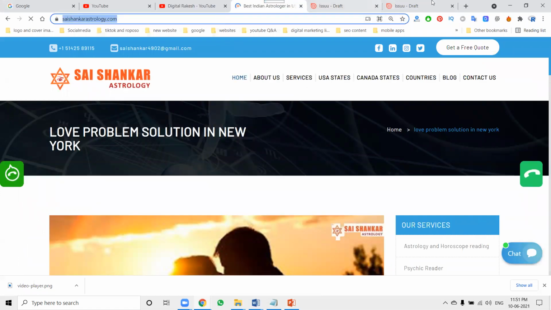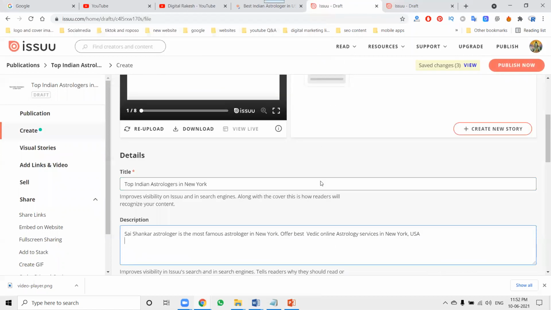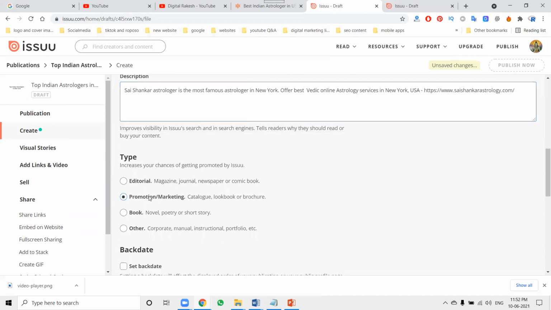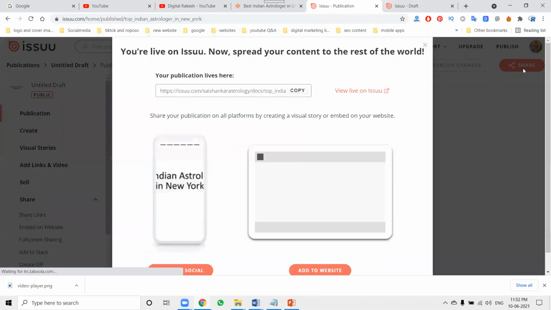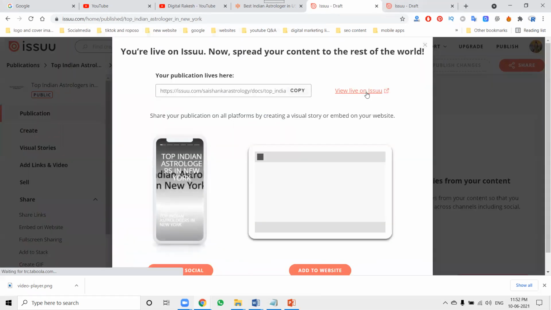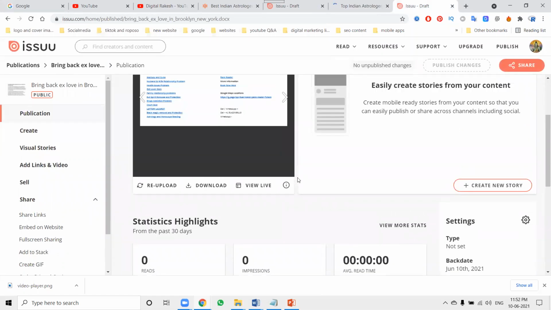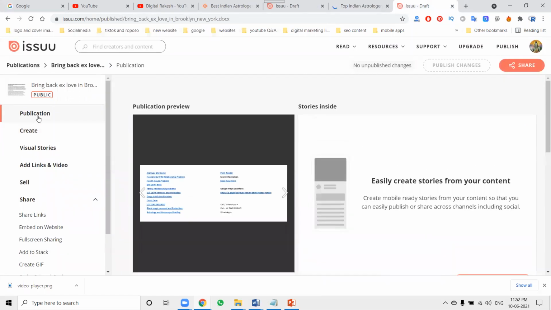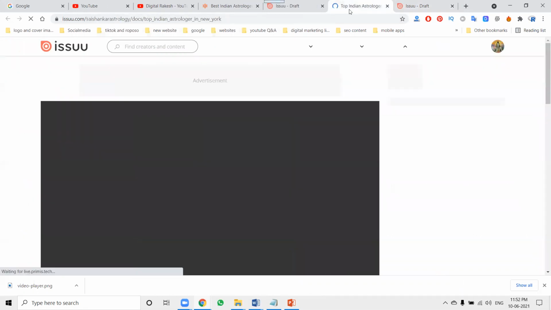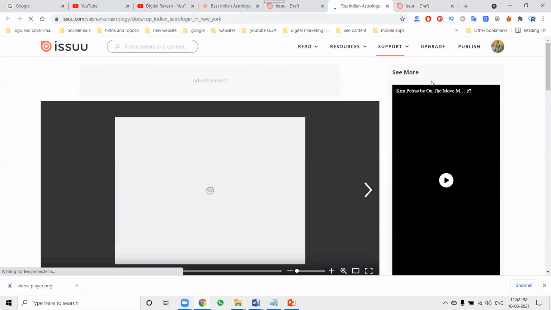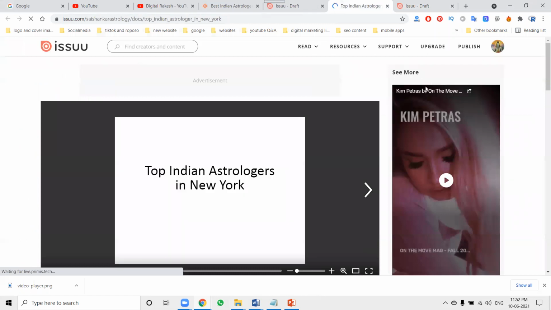Give the website link. Always don't forget the website link. A lot of people forget the website link. After that, promotion and marketing, now click publish. These are the patterns to follow here. The live URL will be checked. These are the options. Whatever content you post here will be published on your particular keywords. The content should be a mandatory field to promote here.